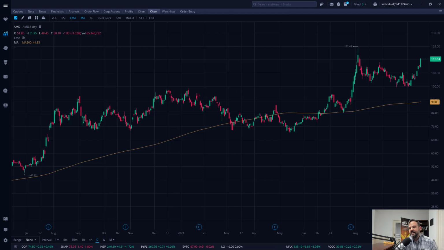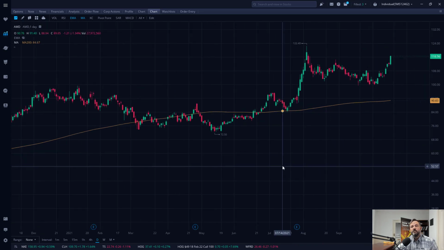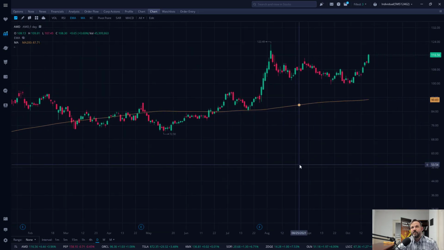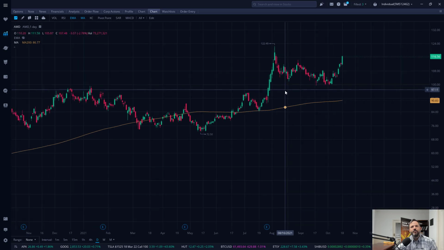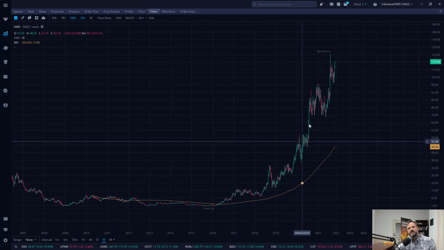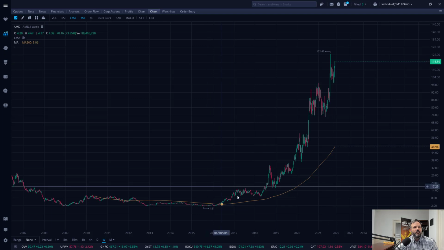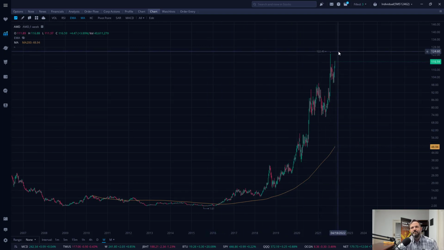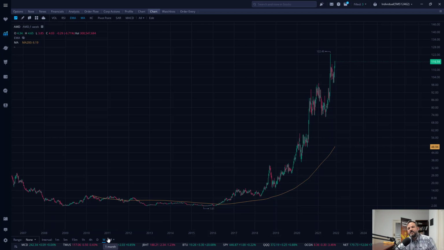So let's go ahead and I'll just show you how this specific trade played out, and then we're going to review a couple other examples so you can trade this on your own. So step one, we find the 200 period, and I'm looking for an uptrend, right? It's got to be above the 200. And you'll notice if we zoom back here, you can see from left to right it goes up. And if we look at a weekly chart, this is even easier to see the uptrend. It's been going up for a long time, and it's been making big moves. These are the types of things we want to find: stocks that are moving up, cryptos that are moving up, currency pairs that are moving up.